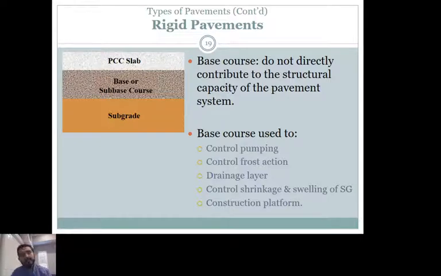For the PCC, most of the loading is handled by the PCC slab itself, yet we still like, mainly contractors like to have a base course layer to do multiple things. It can control pumping mainly. Basically, if you ever drove on any roadway and you see some fines on the sides of the shoulder or even on the main street itself, those fines, basically the water gets